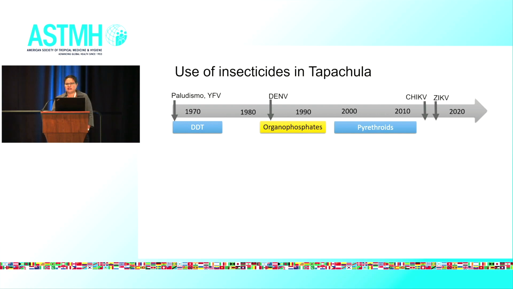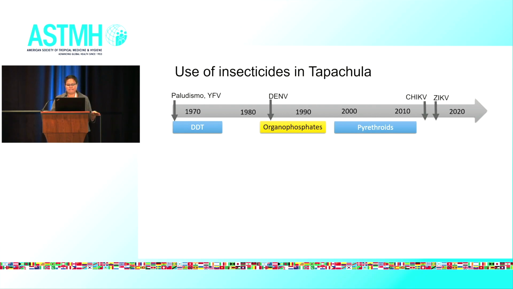First, in the 1960s, to control malaria vectors, DDT was used in residual spraying. Then, when dengue started hitting this area, organophosphates were introduced as outdoor spraying. Then in 2000, pyrethroids were introduced, and a single molecule was used for 10 years in a row